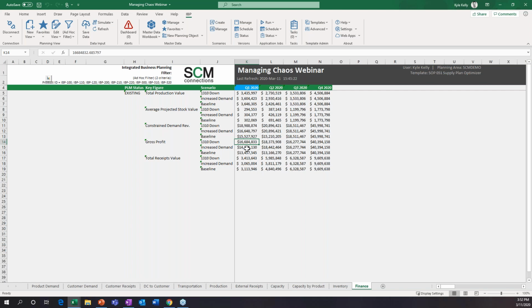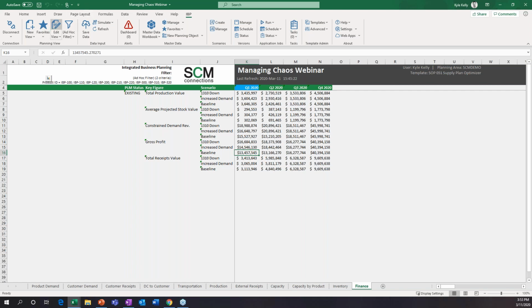But maybe the margin is actually a little bit lower than what we would have had for the baseline, for example. So all of this you can dig into. You can change up the key figures to match what you need to report on, and changing these views is extremely easy.